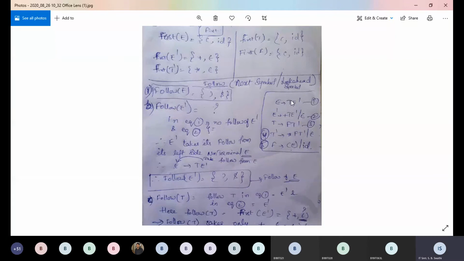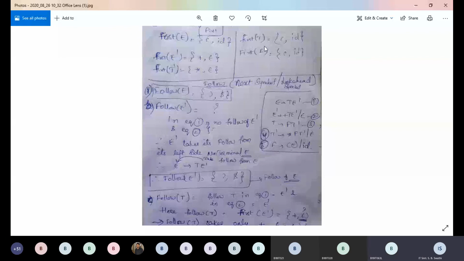Like in the first case, T was a non-terminal, so again we were reading the T production. Here also we didn't get any terminal. The T production starts with a non-terminal F, so again we need to go for F. In F we got a terminal value in the first expression and the second expression, so we are not going for another new production, because here itself we got some terminals. Is it clear, ma'am, up to this point?